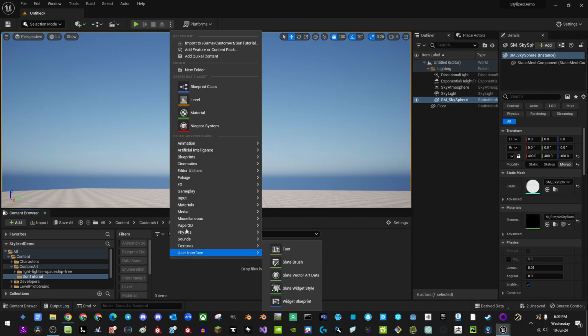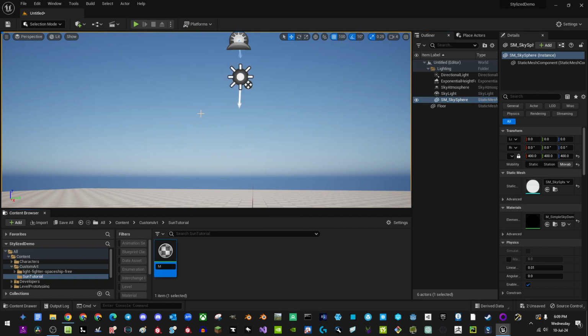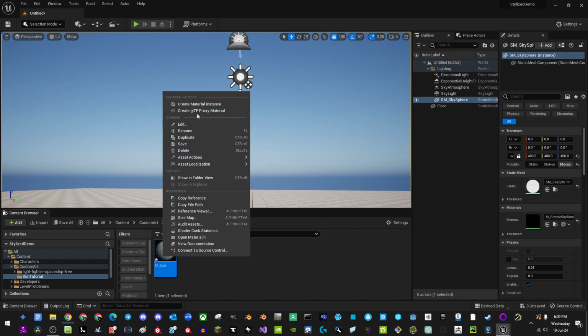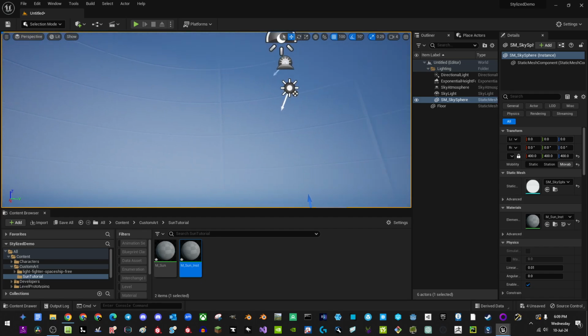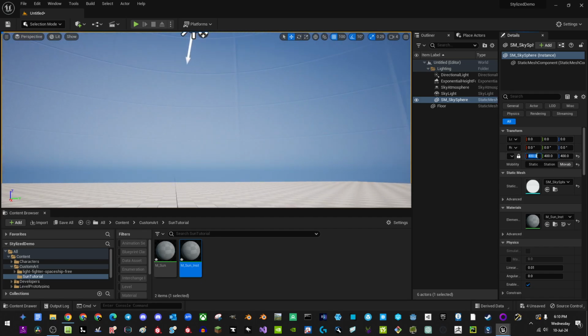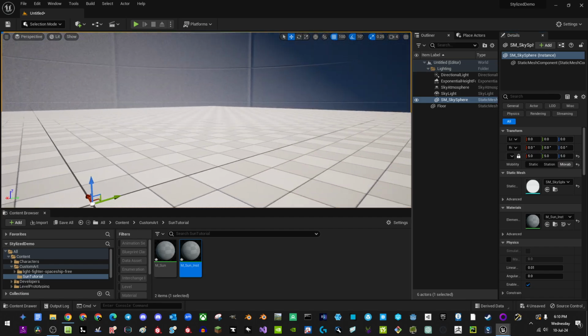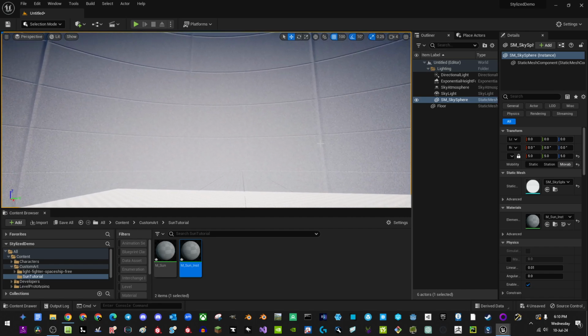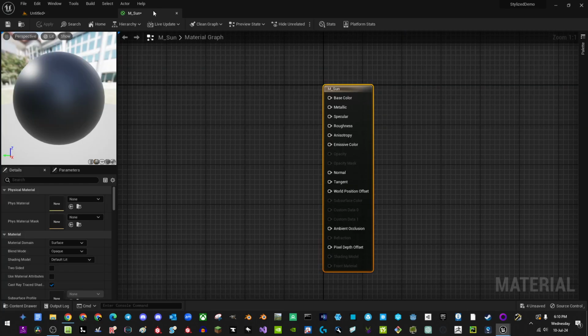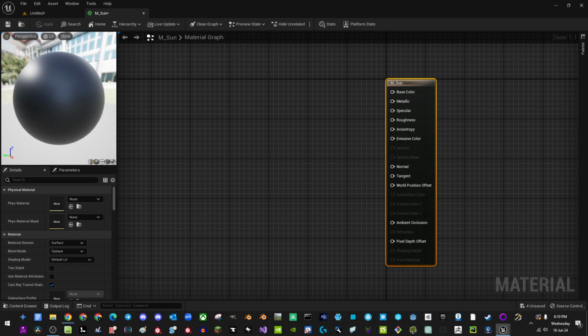So I have a folder here called Sun Tutorial. I'm just going to call this one M_Sun. And I'm going to make an instance, and I'm going to drag that into here. So you notice we can make this a bit smaller. So there we go. You notice this is just going to be a dome, and it's going to have a material. So let's open up our sun material, which is right here. And to start, it's just going to be an unlit material